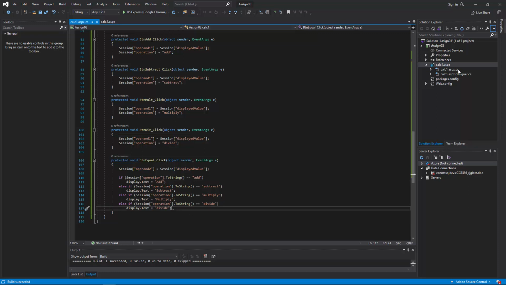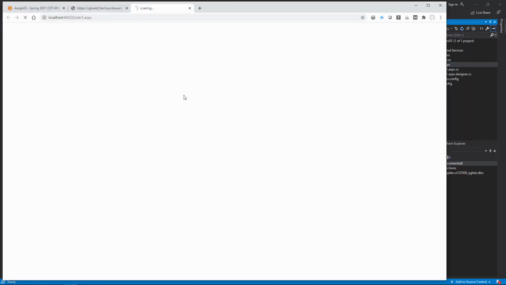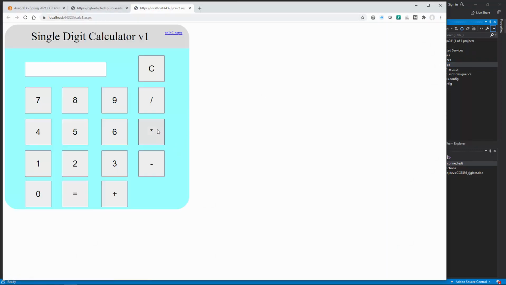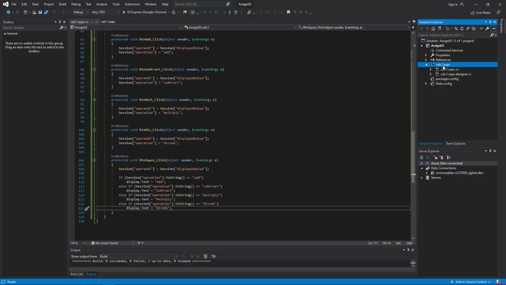Now we'll come over and view in the browser. When it loads this time, when you click on... hold on. Sorry, I didn't click the equal sign, did I? Let's go back because I closed that. Right click,